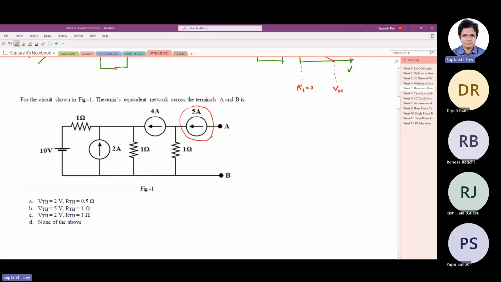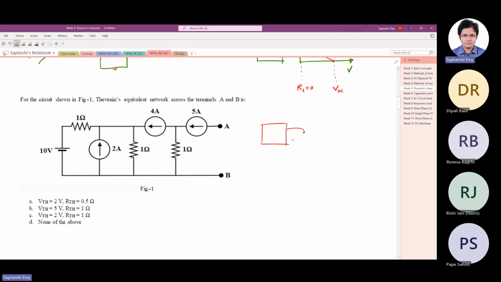If we have to have a 5 ampere current here, there is no path for the current to flow. So even if you consider that this is an ideal current source, then also this will not work. Why, I will tell you. Think about a physical circuit. You have a physical circuit